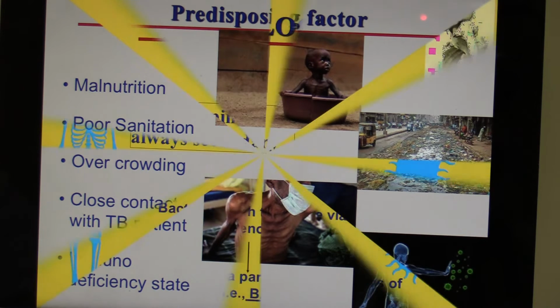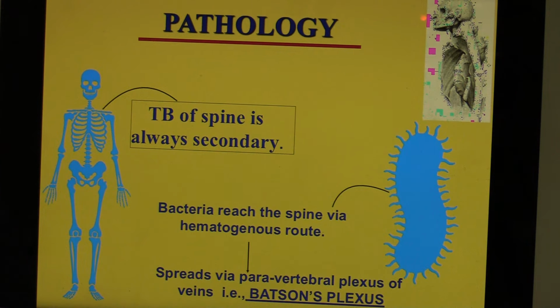Now, as I said, the first lesion of tuberculosis occurs in lung, and that is called primary pulmonary TB, and then the bone TB and spinal TB is always secondary. So once the pulmonary TB occurs, as a result of hematogenous dissemination, bacteria reach these different bones. It reaches the spine by hematogenous route through the blood, and the chances of getting inoculated in spine are more because the